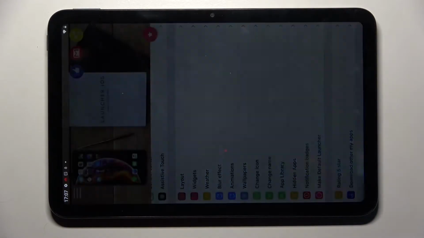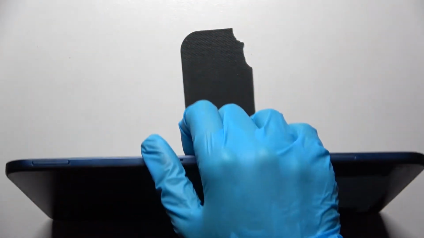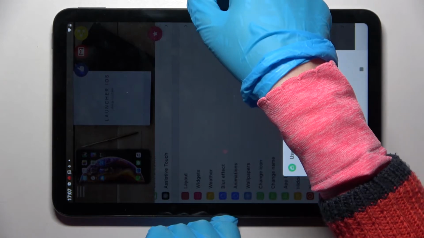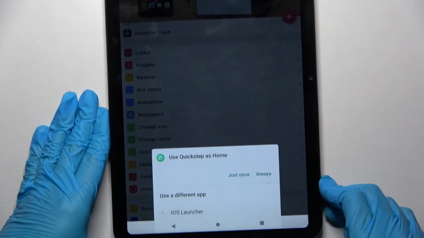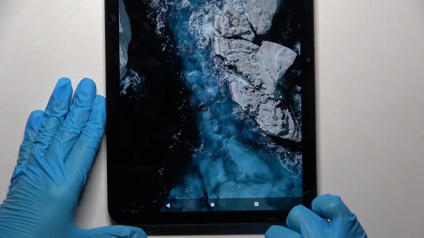Then you need to click on Home button, and I will try to auto-rotate this app. Okay, so it does not support auto-rotation, so we have to do something like that. And now you need to click on iOS Launcher,